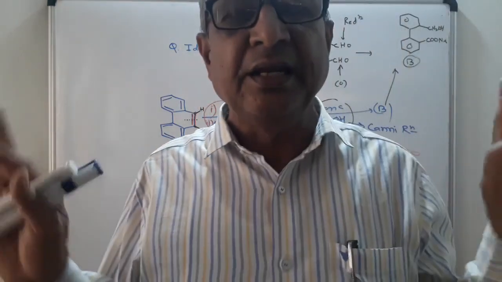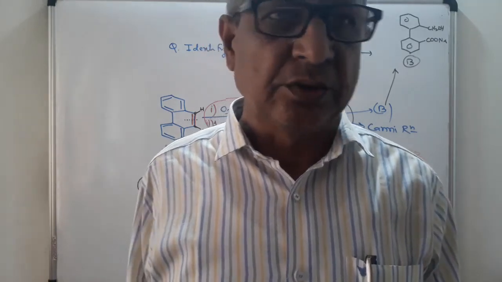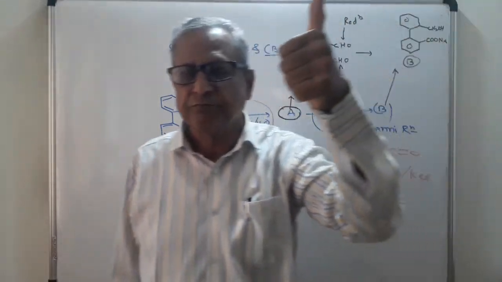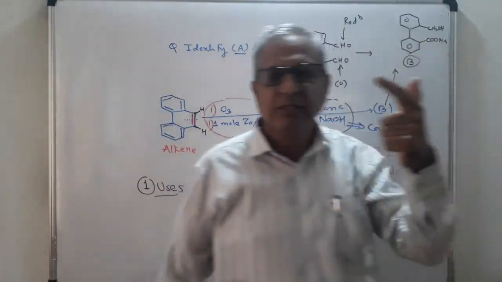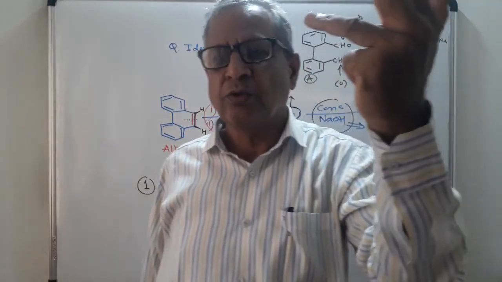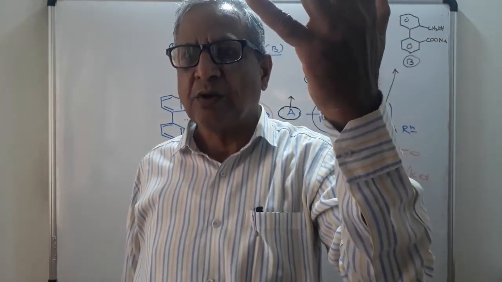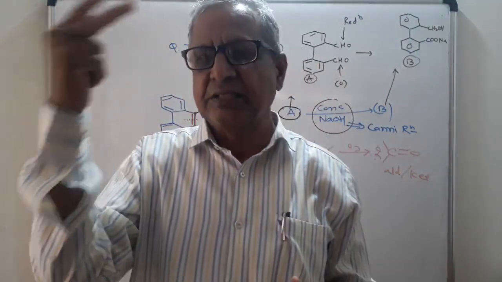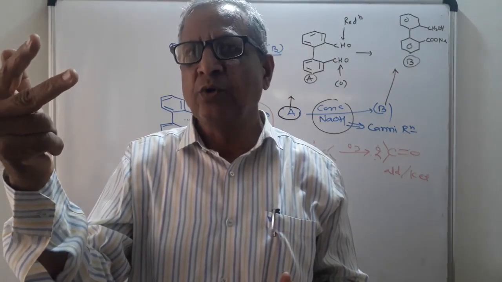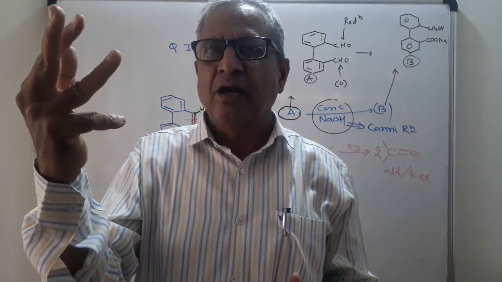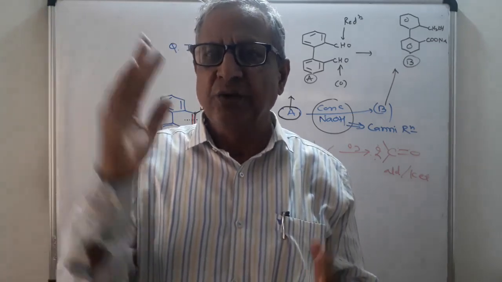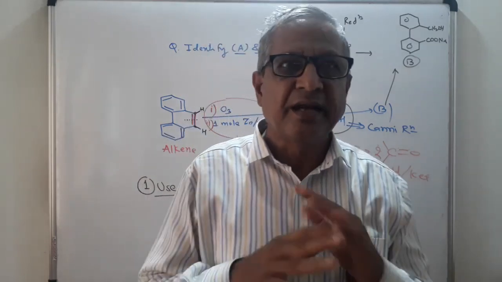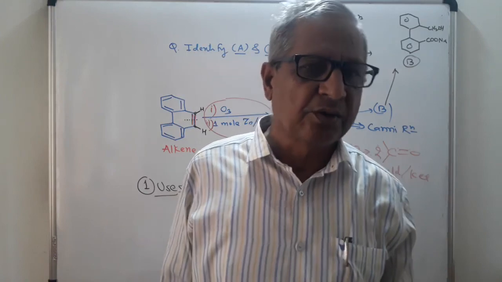Now we have completed in detail the topic aldehyde and ketone. In this topic we learned 9 points. First introduction, second definition, third classification, fourth nomenclature, fifth structure of carbonyl group, sixth preparation, seventh physical properties, eighth reactions, then aldol condensation, Cannizzaro reaction, and uses of aldehyde and ketone. I hope that every student will get the maximum idea about aldehyde and ketone.